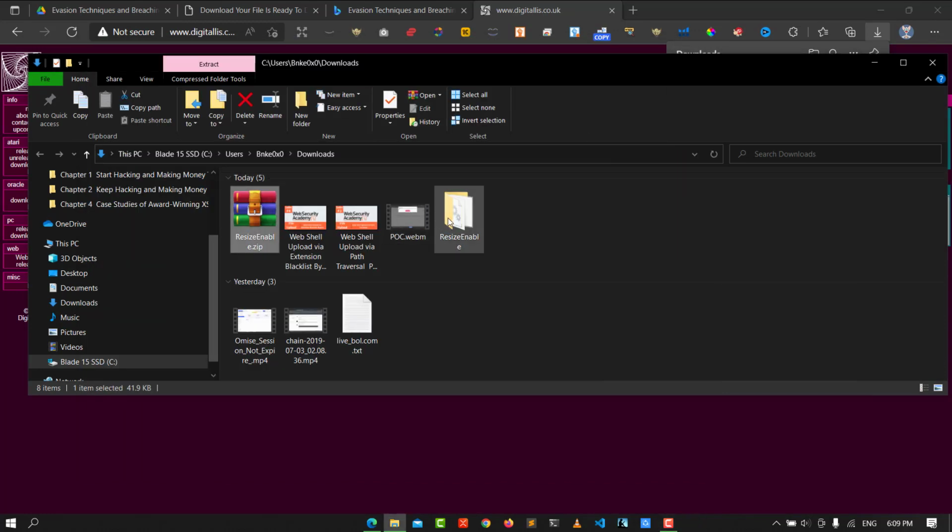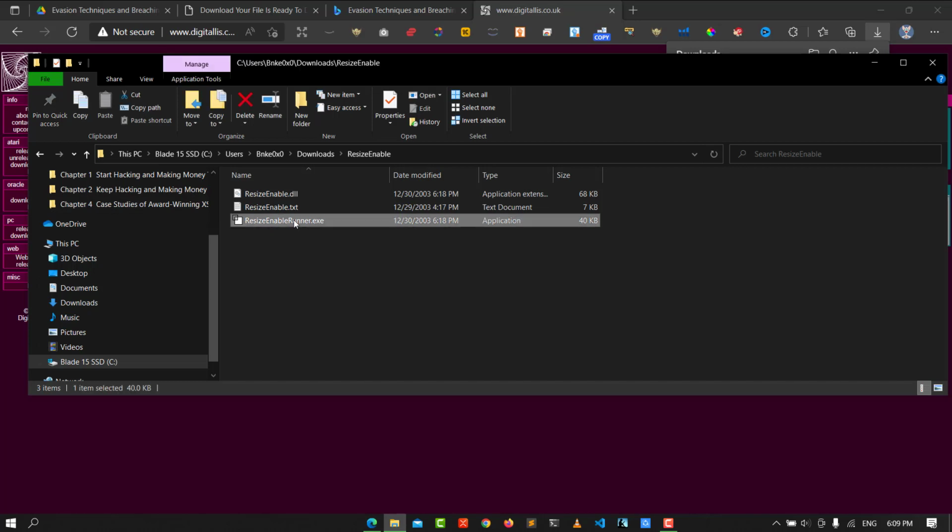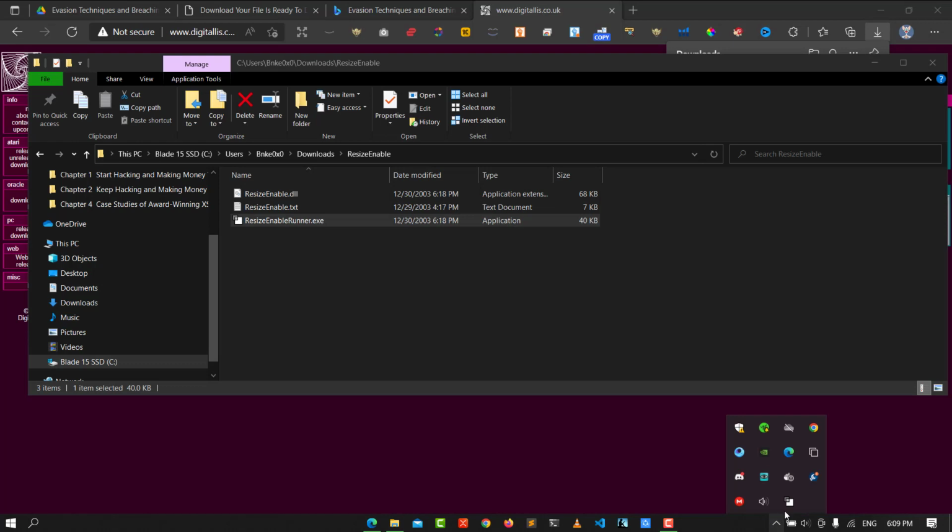Click here, Resize. You click on the Resize enable running.exe key. Click on it. You will see what will appear here. It will appear here that you can resize any app or any game that you cannot resize without that